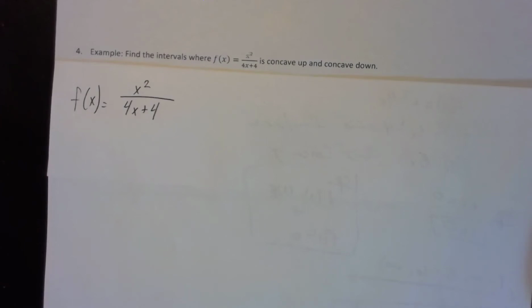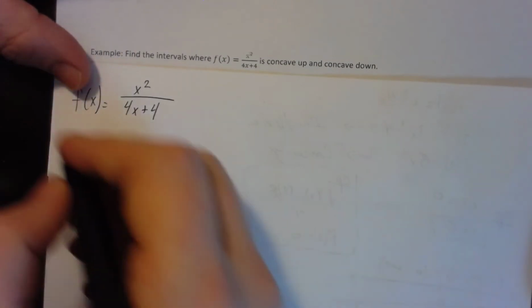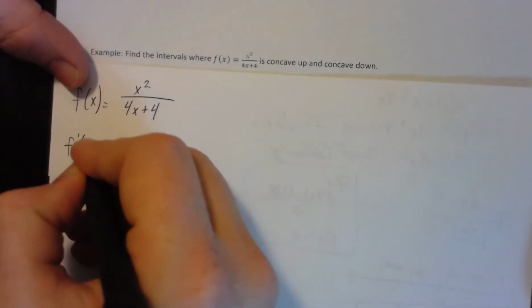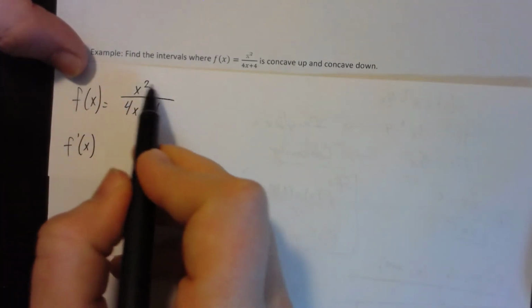In this video, we'll be covering the concave up or concave down of a rational function. Now, this rational function we've already worked with once before, so the first step is, again, always take the derivative, and then we have to do concavity, take the second derivative. So what I'm going to first identify is that in a previous video, we took the quotient rule of this